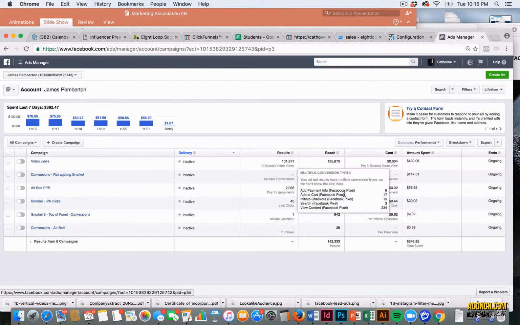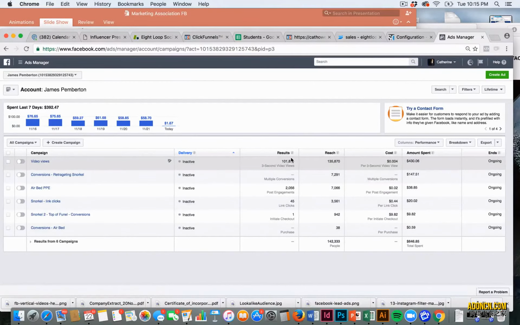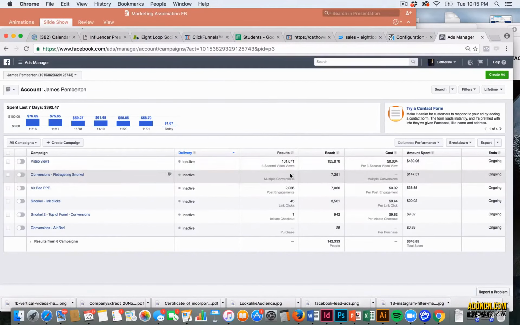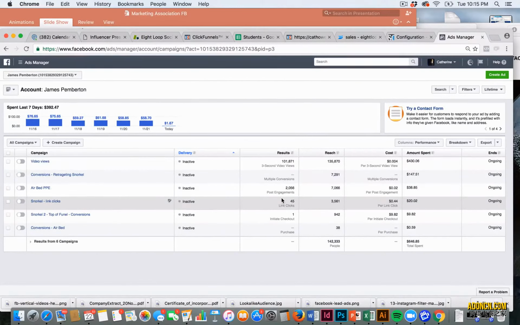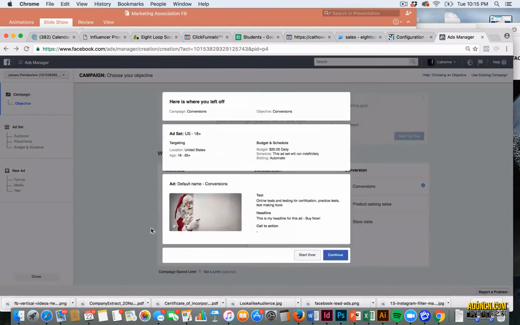So it would group all of the conversion events, including view content, including add to cart, including purchase, all of them together. And you might be thinking, well, I only got 3 sales or 2 sales, for example. Why is it telling me 300 here? That's because it's grouped all the different conversion events together because you've just told it to track all the conversions in your ad. So if we go back to that,